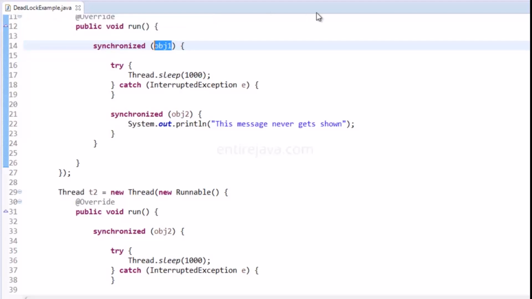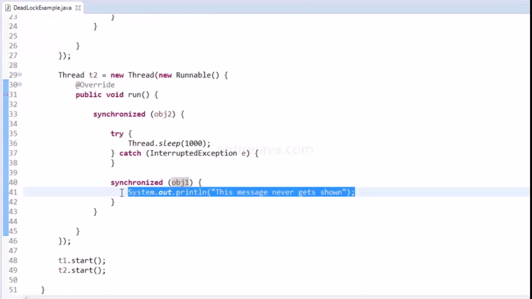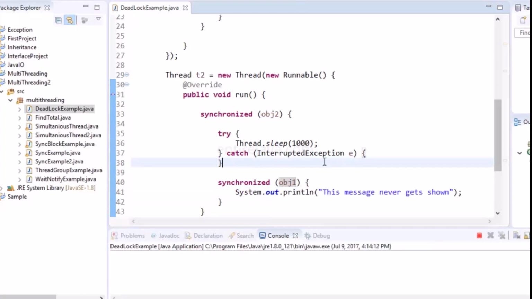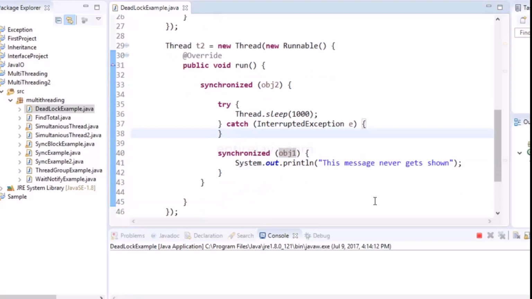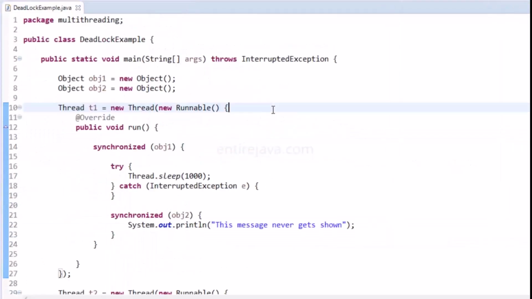If I run this program, these statements inside this nested synchronized block will never get executed. Instead, both the threads will be in waiting state. Both the threads will keep waiting for each other forever. So let's terminate this. So as a solution, let's have the ordered way of requesting for locks